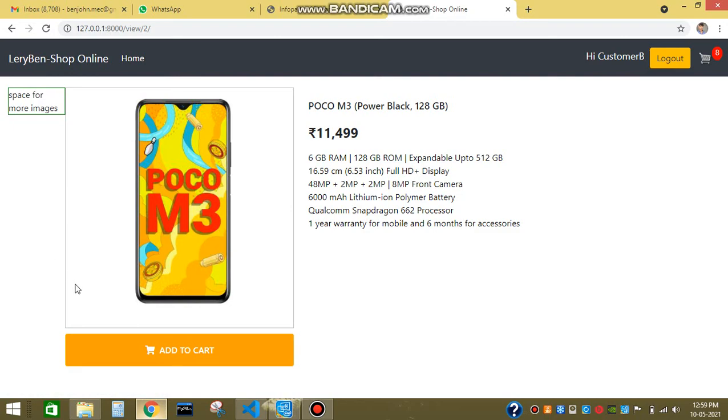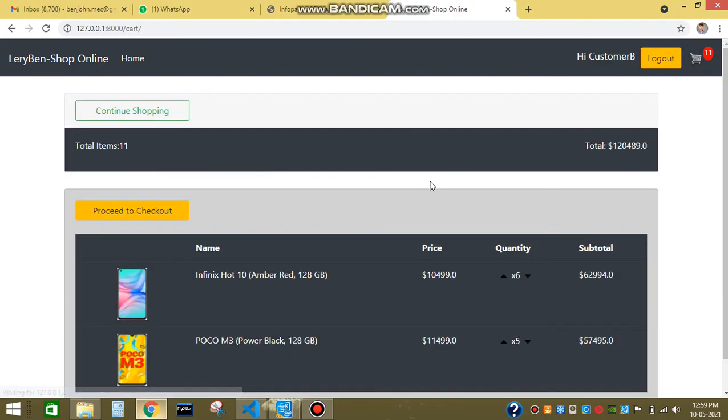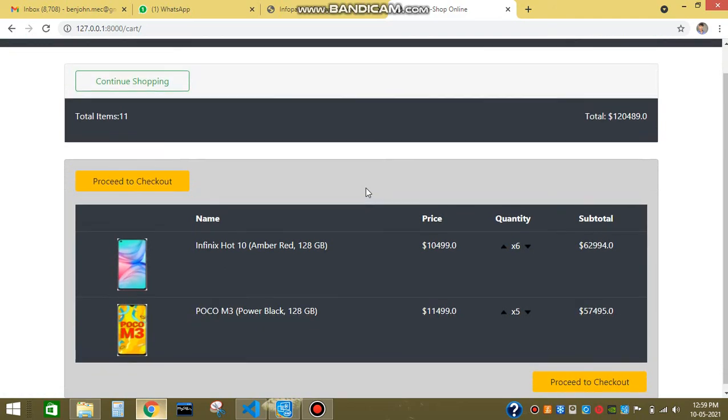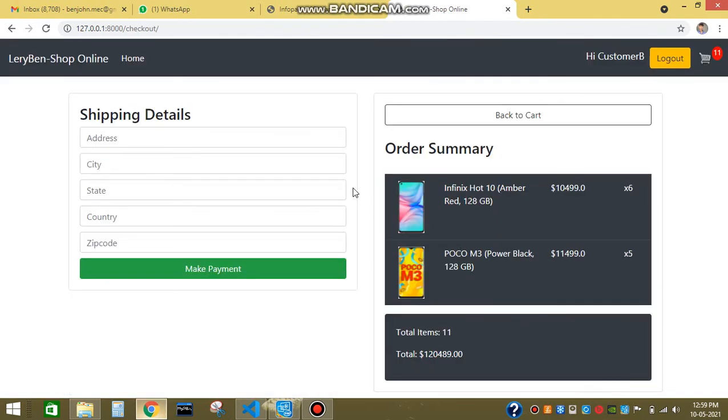So anyway, to add this product to the cart, we can just click on add. We can see this getting updated every time I add this to cart. And to continue shopping, I can go to home, and if I need this, I can add this to the cart. So the cart is getting updated, and I can go to the cart page like this, and if my order is okay, then I can proceed to checkout.